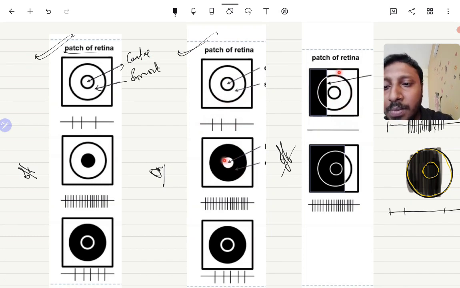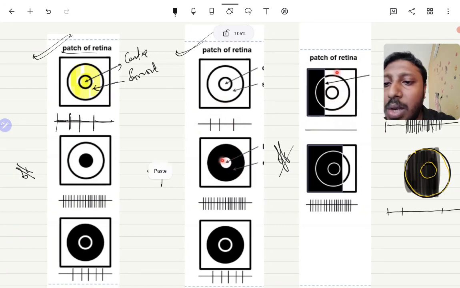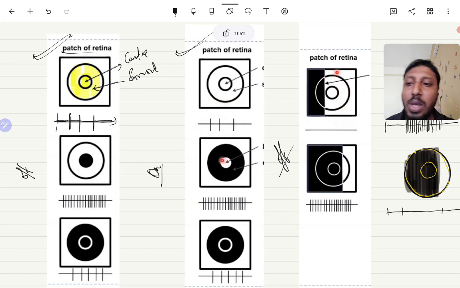If we shine light on the surround as well as the center, the firing is almost the same and nothing happens. There is always a baseline firing of the ganglion cells and no change occurs. So if the center and the surround are both stimulated, nothing is going to happen.